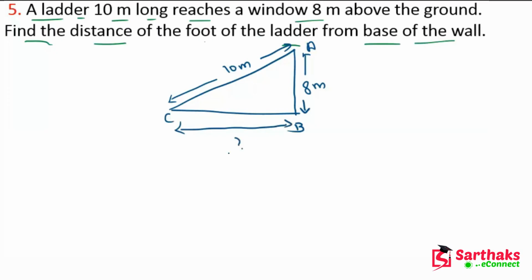Very easy, guys, how can we find it? BA is the wall and AC is the ladder, so we can say this is a right angle because our wall is straight. This is our hypotenuse, this is our perpendicular, and this is our base. So by Pythagoras theorem,